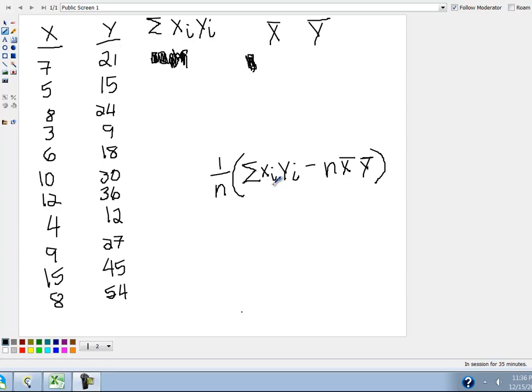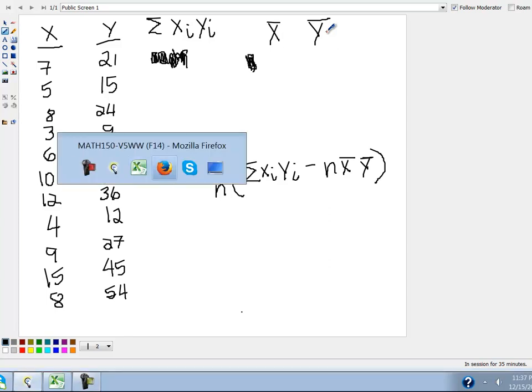To figure out the summation of xi, yi, you need to take each pair of data and multiply them. When you get all of your numbers, you're going to add them together. I'm going to get Excel to do that for me. I'm also going to get Excel to calculate the mean of x and the mean of y. So let's switch over to Excel,